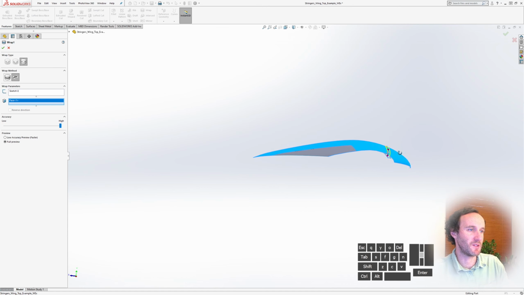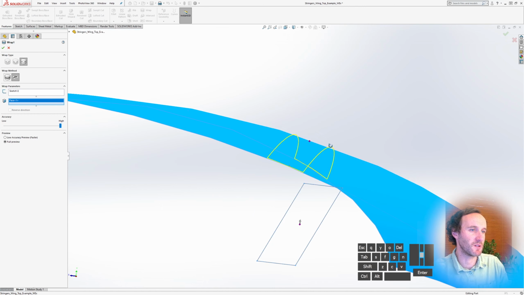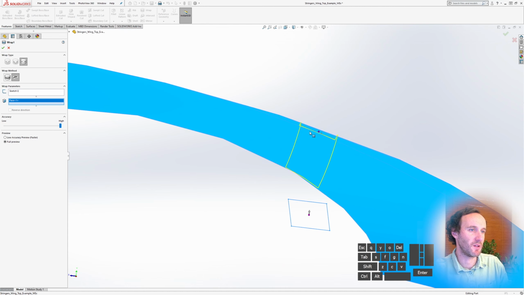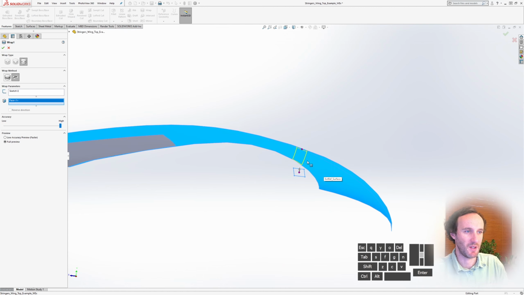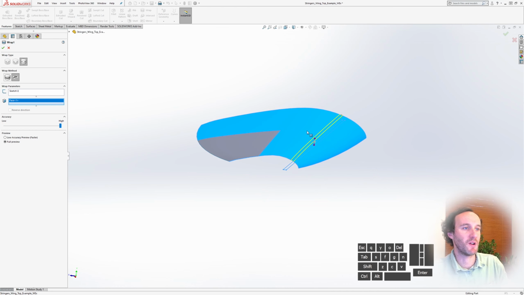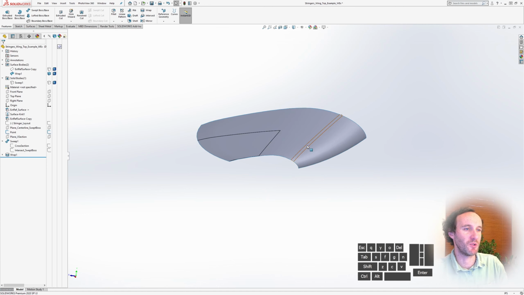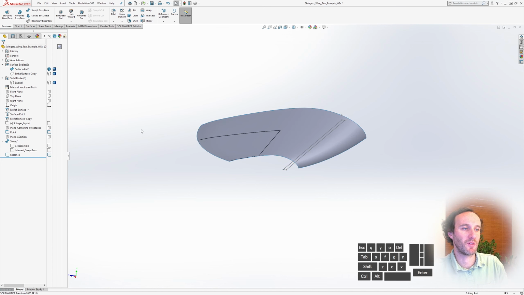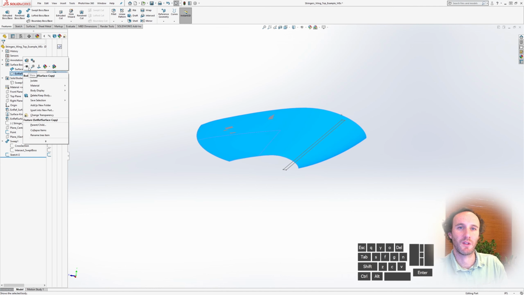We can see that the center line is not constant in this case. It does bend in a different direction as it twists. So because we're wrapping onto a surface, the only option we have here is to scribe. So if we were to scribe, what that would do is sort of delineate faces here. And we can, however, instead, let's get rid of this wrap. What we can do is,